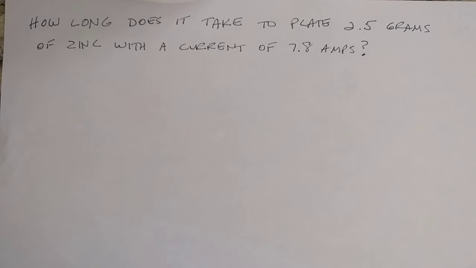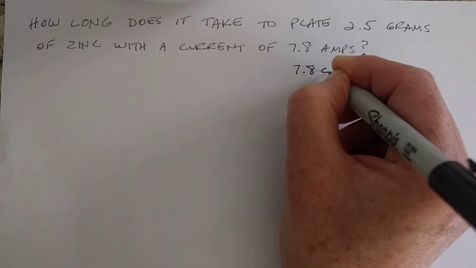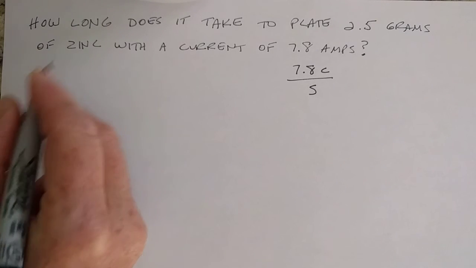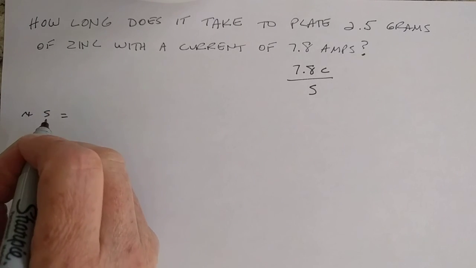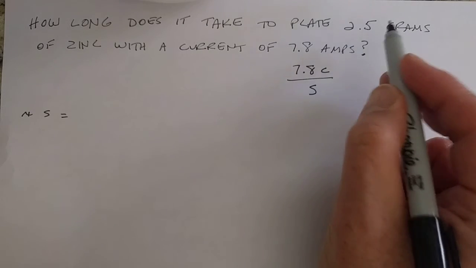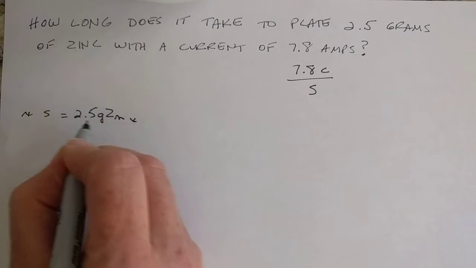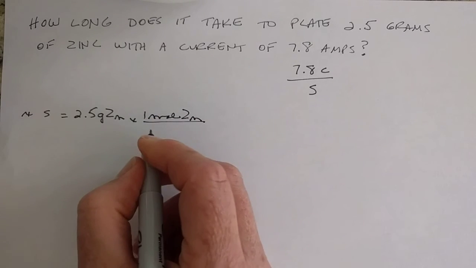All right, so now how long does it take to plate 2.5 grams of zinc with a current of 7.8 amps? So this means that we have 7.8 coulombs of charge every second. All right, X, how long? Doesn't tell us what units, we'll just use seconds. So X seconds equals, our quantity of interest is the amount we want to plate. So that's 2.5 grams of zinc. Change those grams to moles. So 1 mole of zinc is what I said that was,